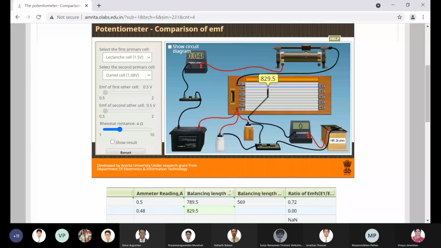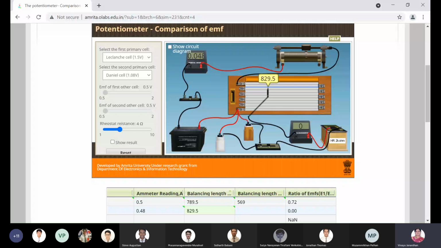Boys, at least take 2 to 3 readings. At least 3 readings right now, it's enough. Now what you have to do is whatever you have done in your notebook or your paper, there in your tabular column put all these values and write the final result as the average of all the ratios. Then you write the result. Under result, you can write the ratio of EMF of both the cells are found to be here. If the ratios are the same, 0.72. So the result should be clearly stated.